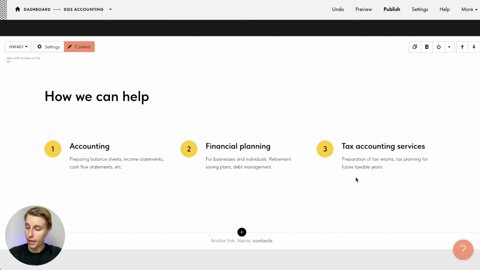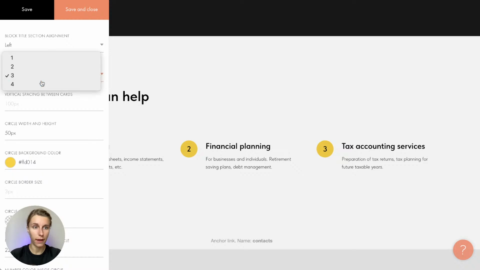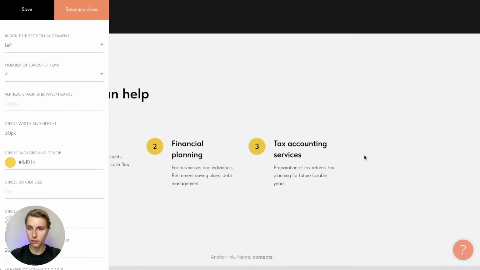So in the meantime, we have created another section about how we can help. There are three things that they can help with. There can be more. As we saw previously, you can have four cards per row, and there will be a place for the fourth, you see, and the design adapts automatically to the content. The great thing, I will show you just in a couple of minutes, is that you don't need to adapt these pre-designed blocks to the mobile version of your website. And the mobile version of your website is very important because there are more people who will see your website using their mobile phones than those who will access it from the